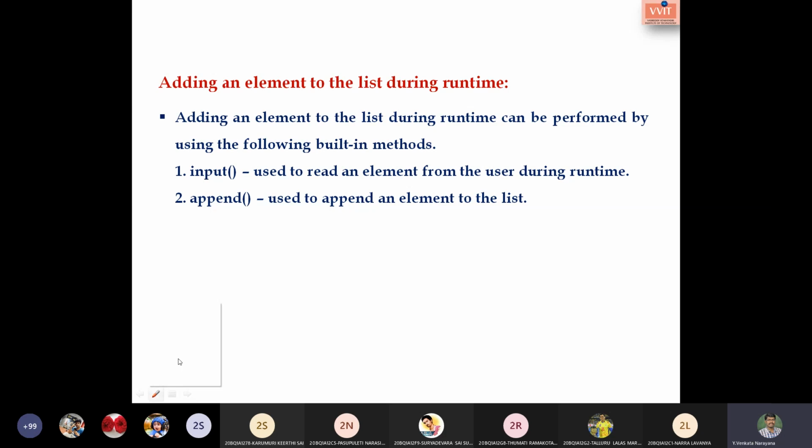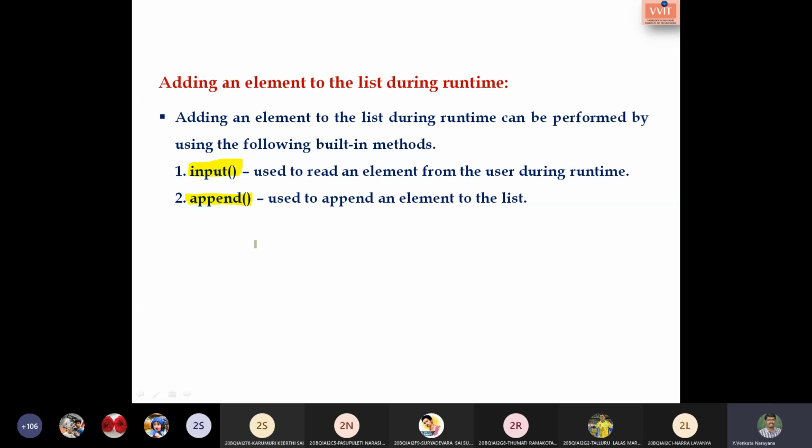We are aware of the append method, but we don't know how to read an element. So let us see what it is. By using the input method and the append function, we are supposed to add an element into the list during runtime. During runtime means nothing but during program execution.